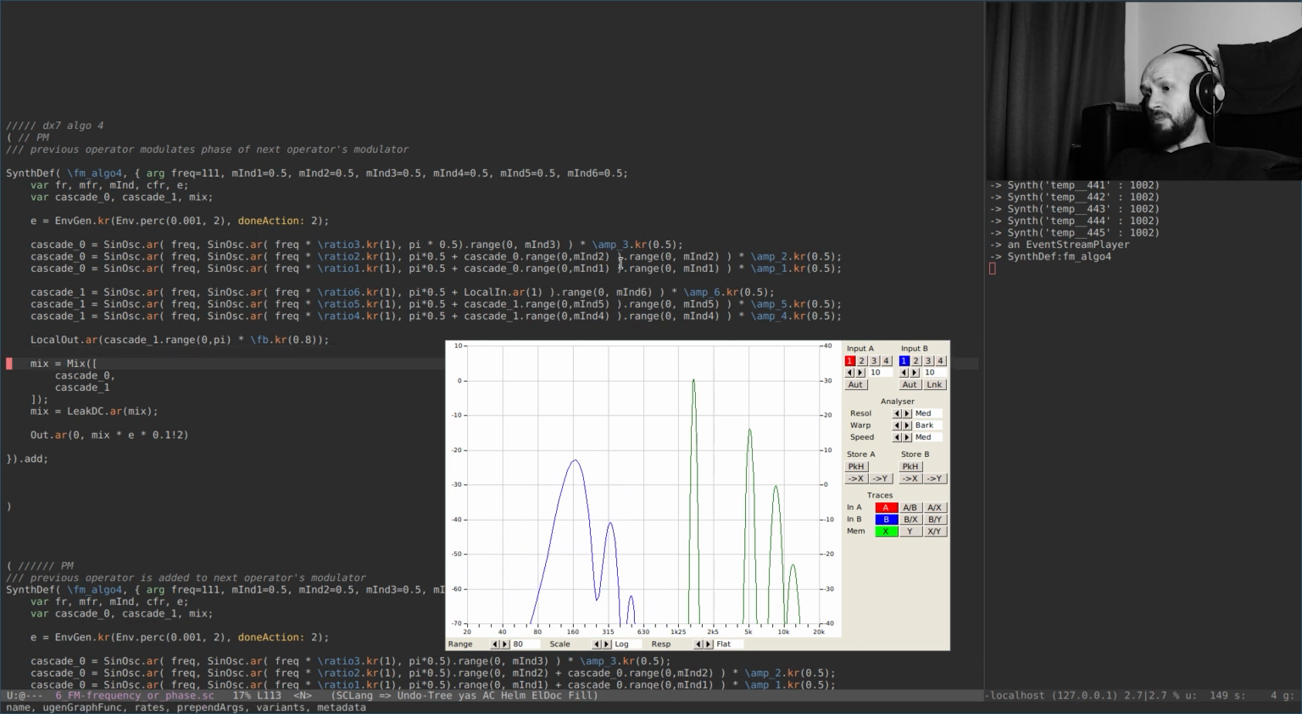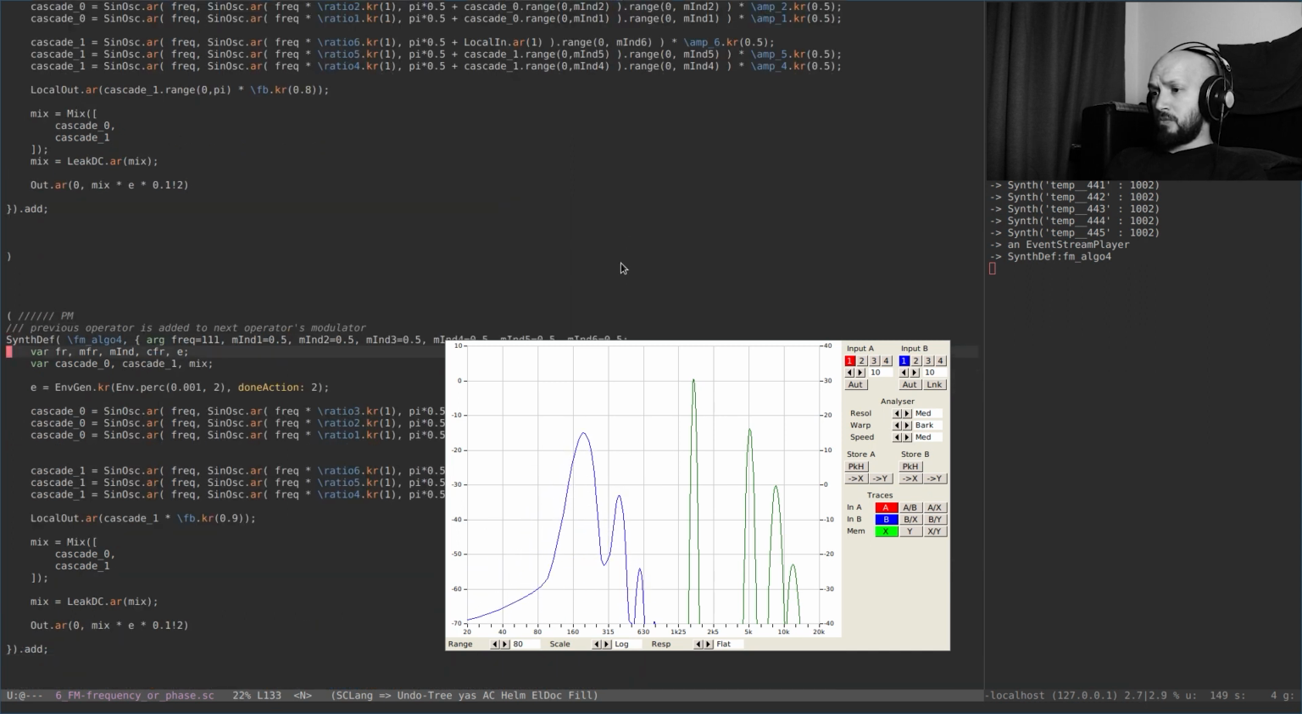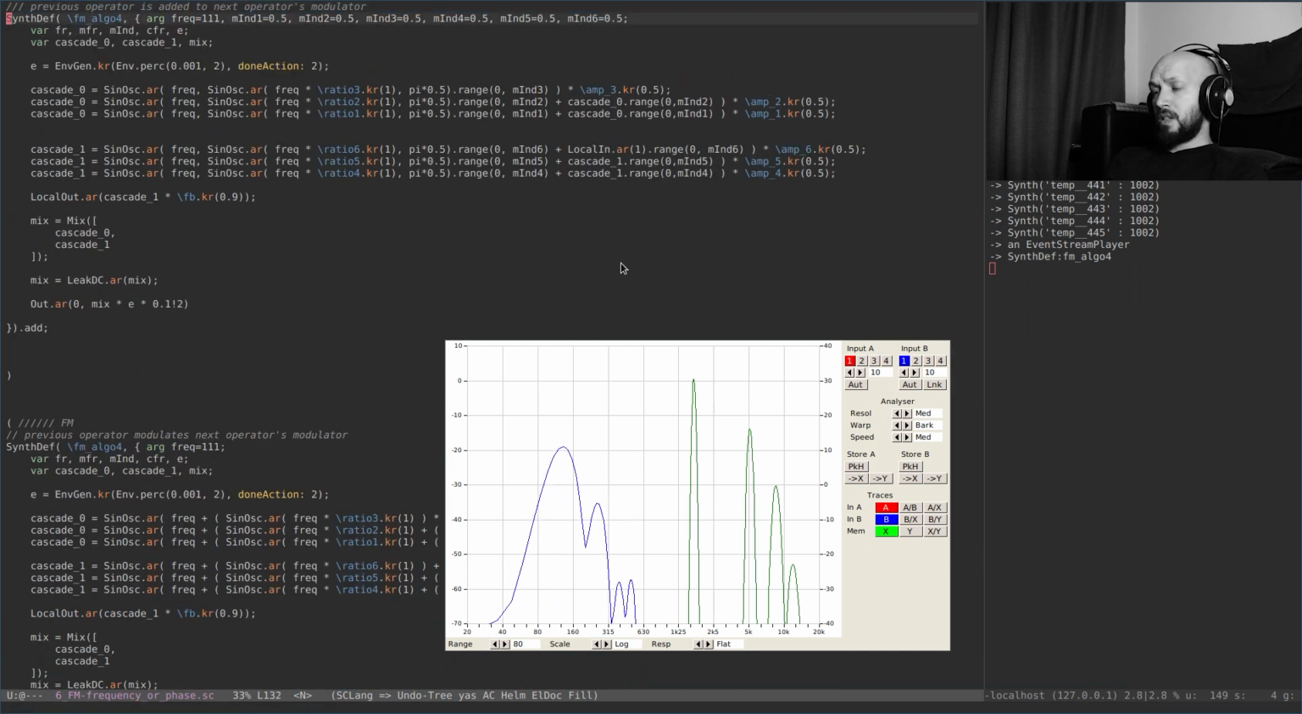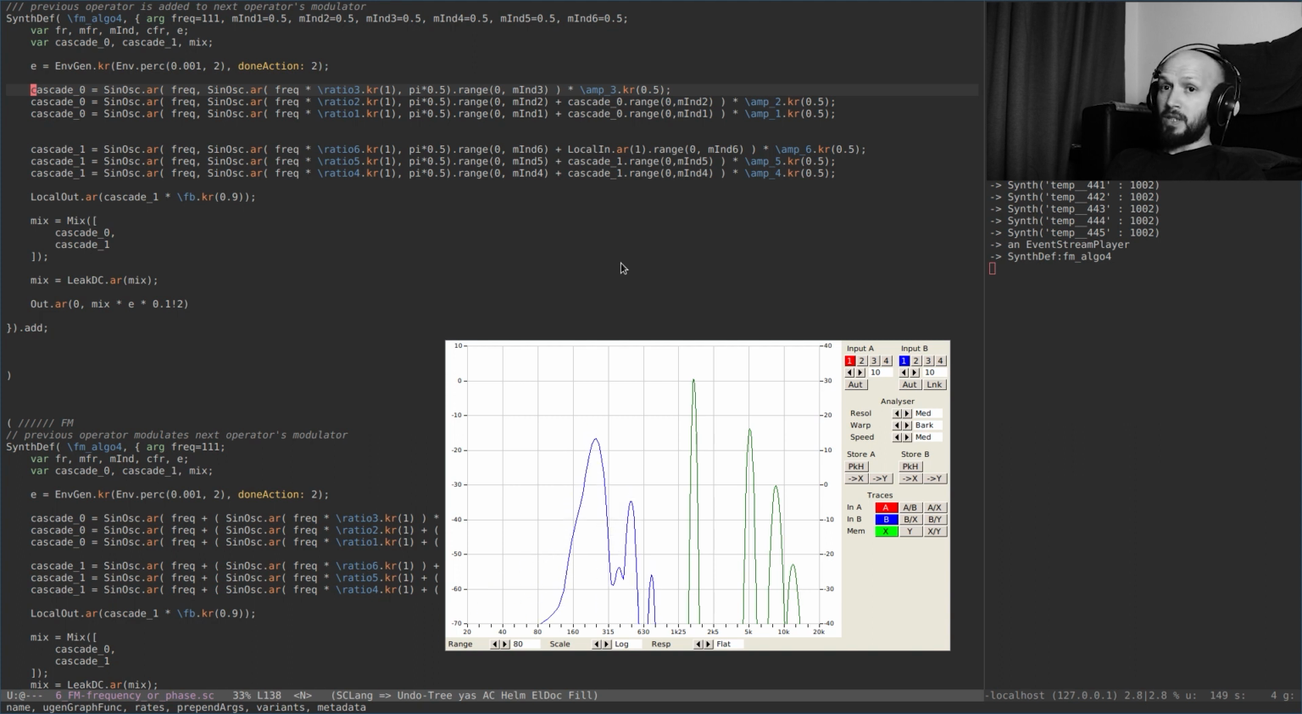Now the second example is the same as before, with the difference that every previous operator is added to the modulator of every next operator, and the sum of them goes to the phase input. They almost sound the same, but if we increase the